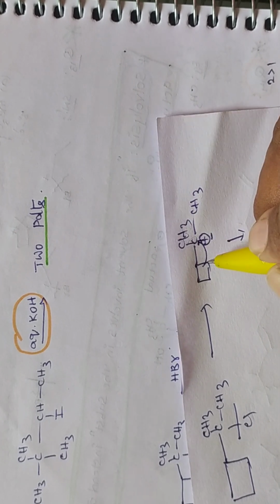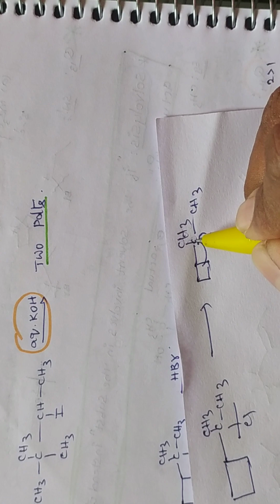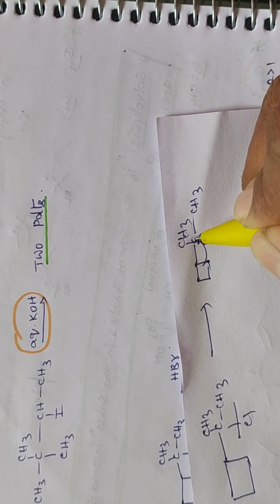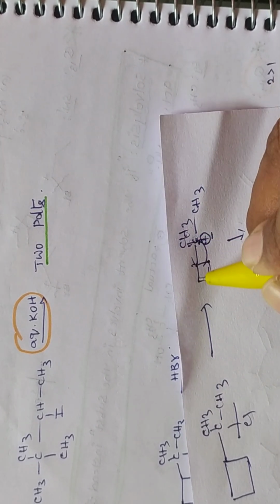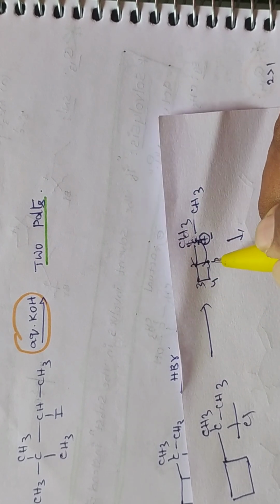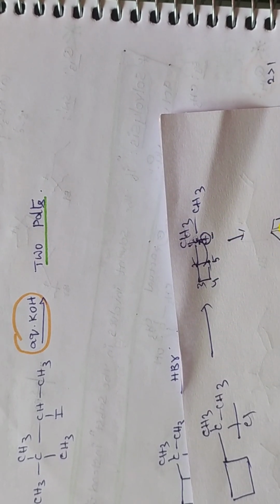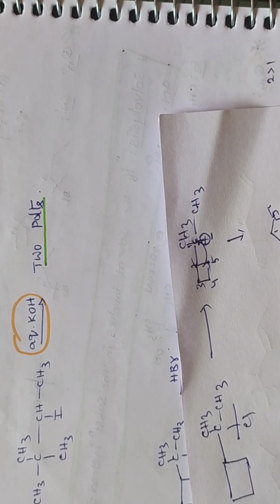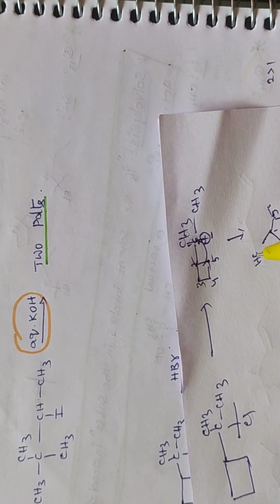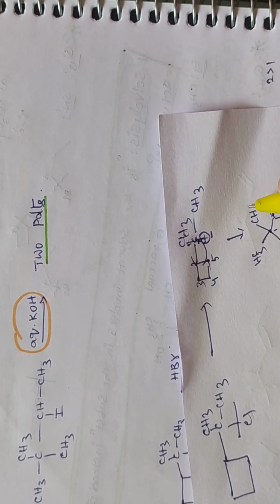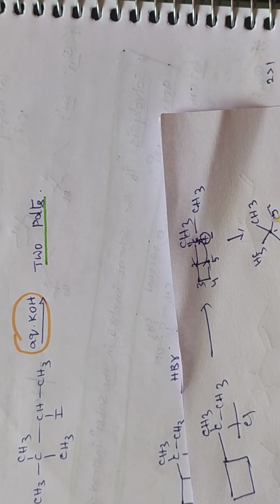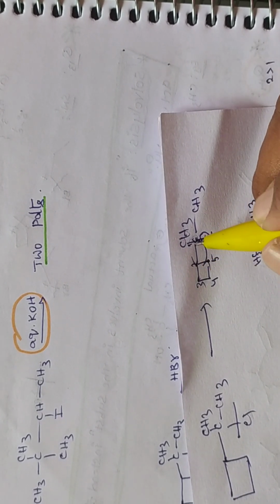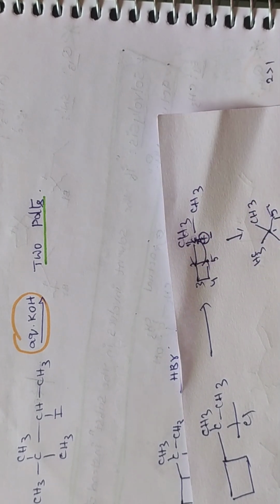Because this carbon is attacked at this position, this carbon is connected with this carbon. So 1, 2, 3, 4, 5, a 5-membered ring. First position, what is there here? This is the first, second, third, fourth, fifth. Now the first carbon has a CH3 group and a CH3 group. Now we get this one here. Next, the positive charge will shift here. This carbon is connected here, which means the positive charge will shift to the second position.